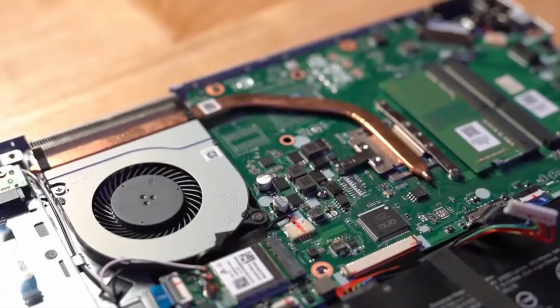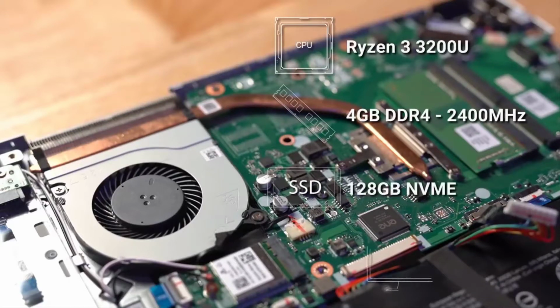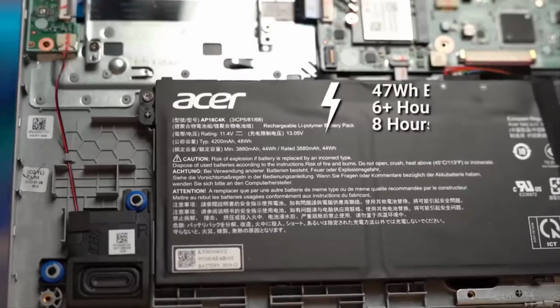So if you're looking at the price right now as you're watching that, just know that stock may be limited at this very moment. So let's go ahead and just do a quick overview of the specs. We do have the Ryzen 3 3200U. We have 4 gigabytes of DDR4 RAM rated at 2400 megahertz. We have a 128 gigabyte NVMe SSD, a 15.6 inch IPS panel, and it comes with a 47 watt hour